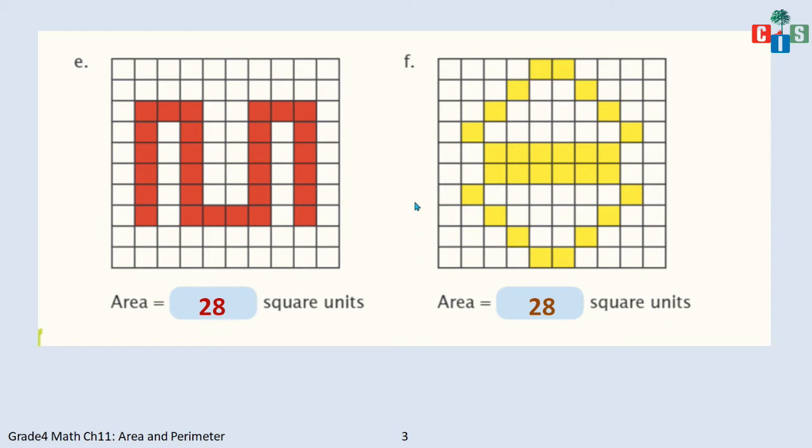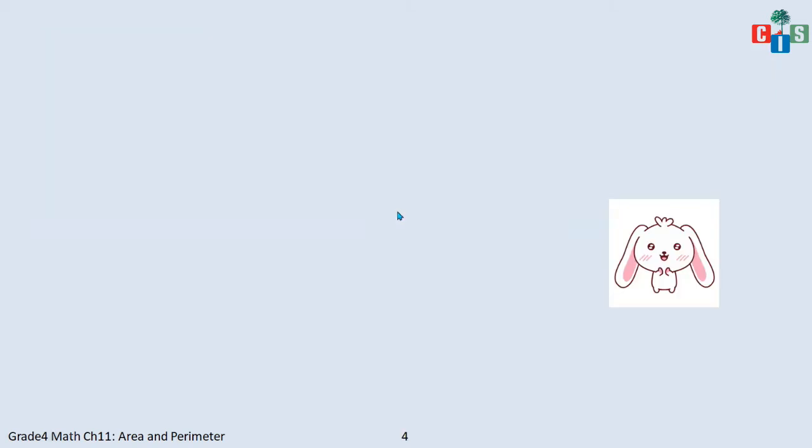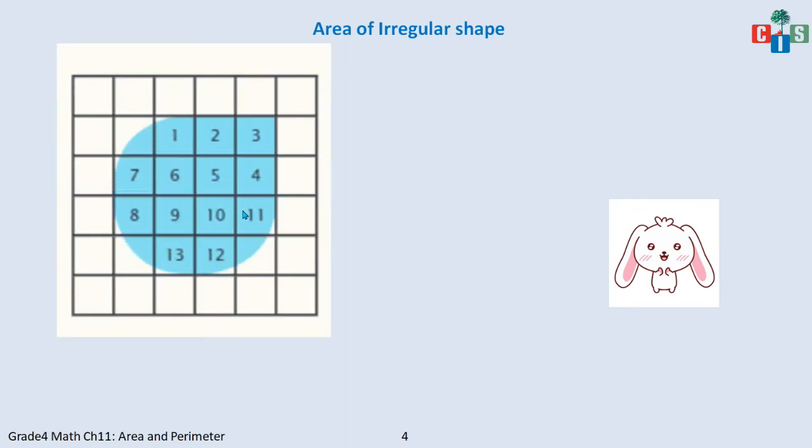Now let's move on to the irregular figures, wherein you have to see how you will calculate the area of an irregular shape. Now what is an irregular shape? The shape which has lines, curves, zigzag in it is known as irregular, that is, not normal. See this. This is an irregular shape wherein it is not covering the whole square. It is having curved areas. Now how will you find the area of this irregular shape?